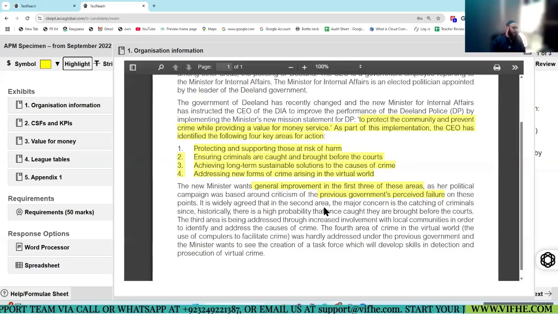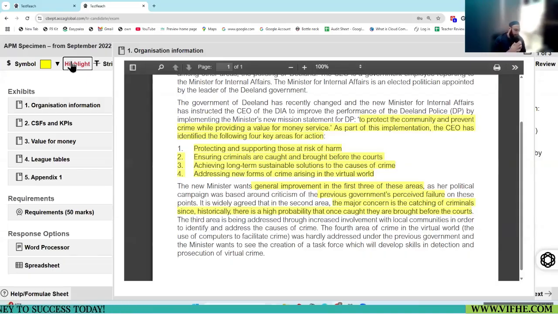It is widely agreed that in the second area, the major concern is catching the criminals, since historically there is a high probability that once caught they are brought before the court. Now this is one area they have highlighted themselves that requires an improvement.